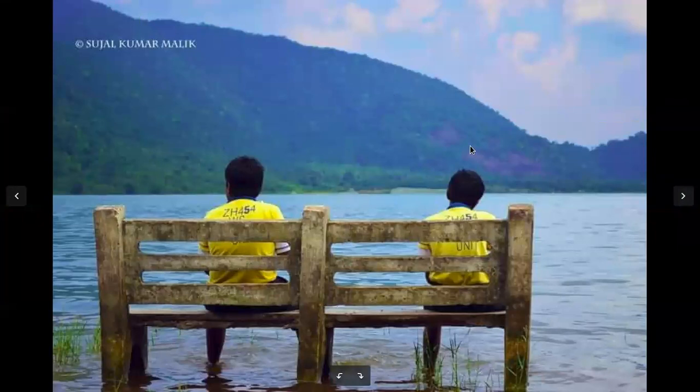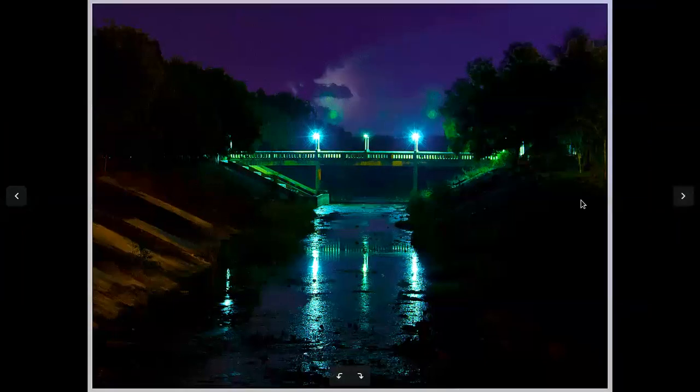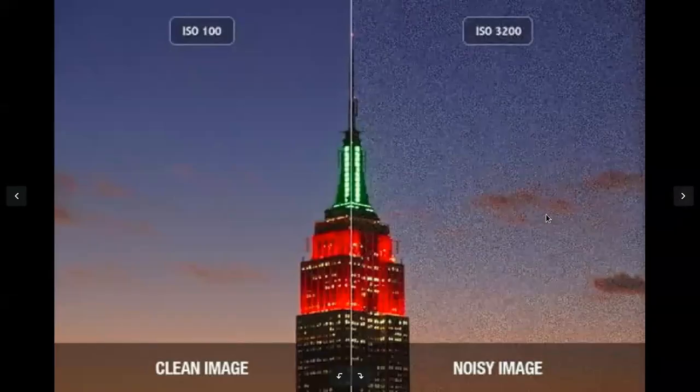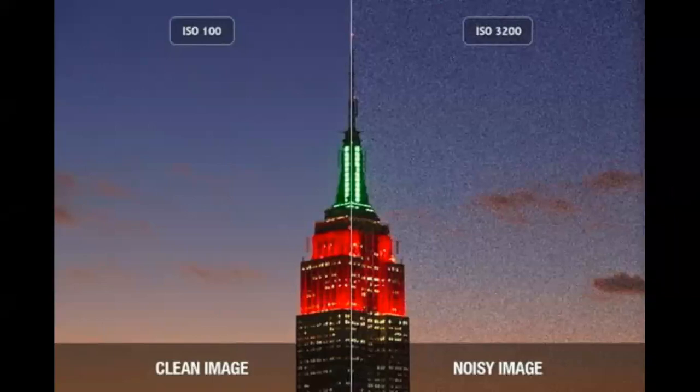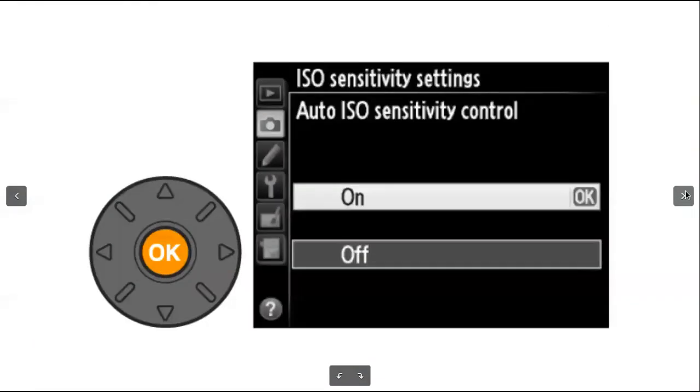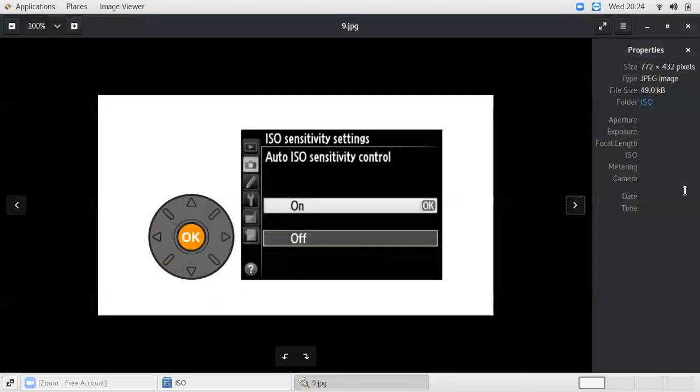So the lowest possible ISO we have to select always. For proper daylight, we go for the lowest possible ISO like ISO 100. When lighting is less, we go for the highest acceptable ISO level like 1600, 3200. What is the trade-off? Lots of noise. So we have to decide between the exposure that we want and the amount of noise that is acceptable to us. The rest of the things we have to experiment with, and based on the result we are getting, we select our aperture, shutter speed, and ISO.